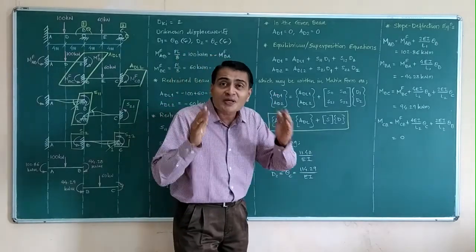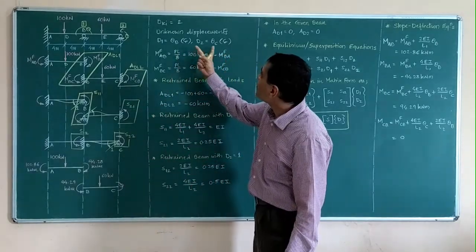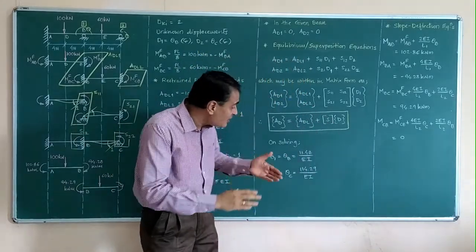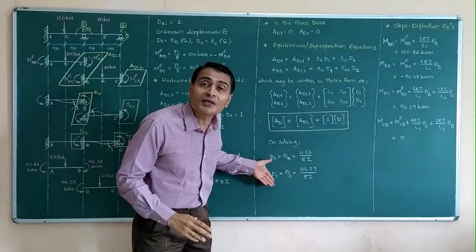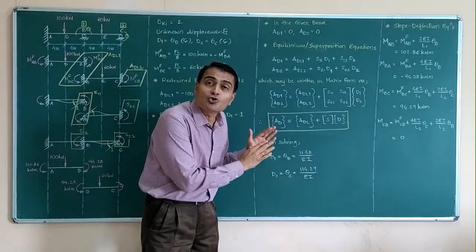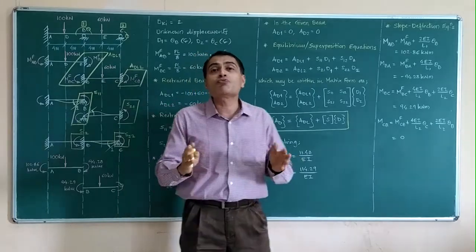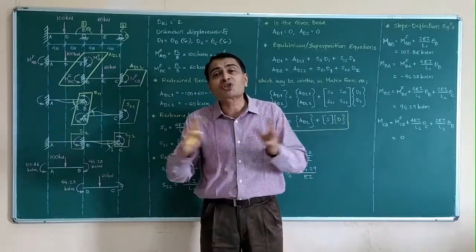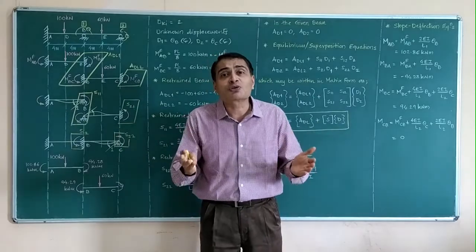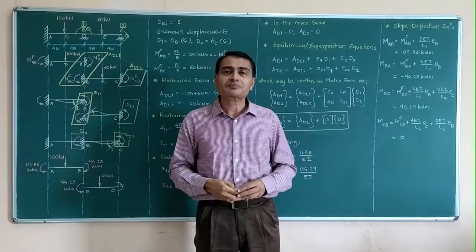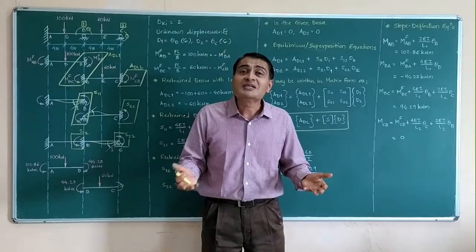So this is a displacement method. We start with unknown joint displacements. We find answers to the unknown joint displacements, and then using these, it is possible to find whichever moments or shears I want. It is possible to draw SFD, BMD, elastic curve, etc. How do we do it?